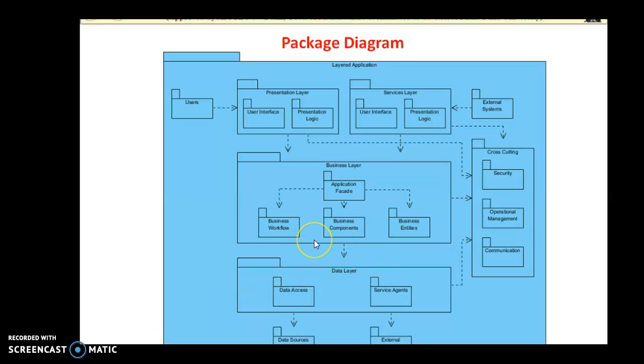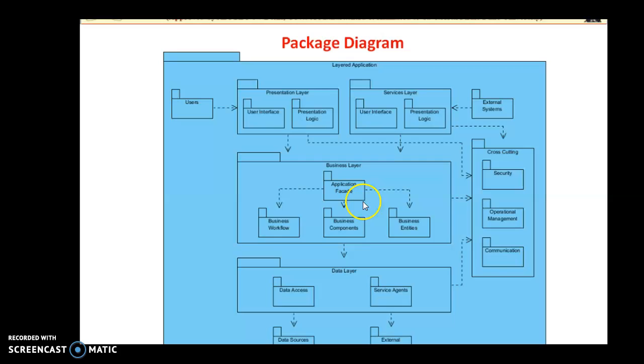So the next diagram is the same package diagram, which has the 3 layers. First is the presentation layer, that we can say the user layer. Second is the business layer, and third is the data layer. Now this defines the 3-layer architecture of your computer system, where the first layer is the presentation layer and the service layer, where the user can access the particular application. Then whenever he is querying something, it goes to the business layer.